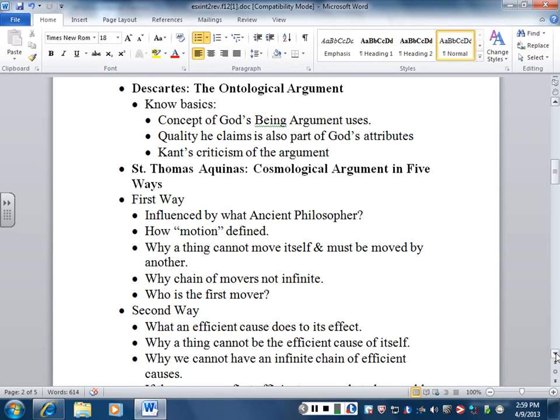So why is this a criticism of the argument? Well, the point is, you take the necessity out of the argument if you take existence out of the list. What Immanuel Kant says is if we say something doesn't exist, we reject it with all of its properties, but existence is not one of those properties. So if existence is no longer in the list, then somebody could deny God's existence without contradicting